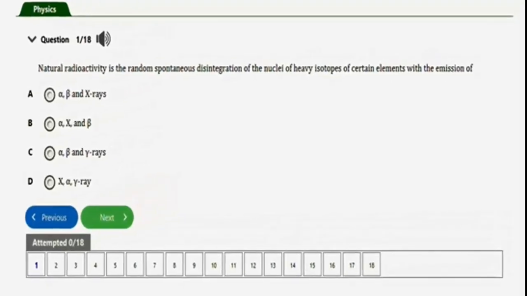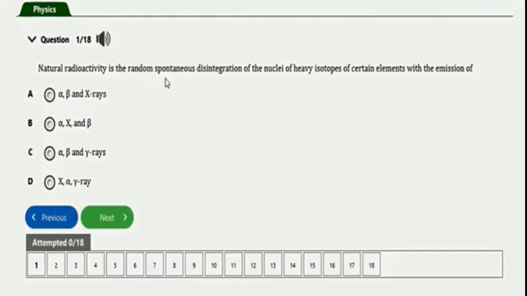In this video, we are going to learn how to solve these physics exam repeated questions under the subtopic alpha, beta, and gamma rays in elementary modern physics. So we have 16 repeated questions to practice with in this video. Let's get started. The first question I have here says, natural radioactivity is a random spontaneous disintegration of the nuclei